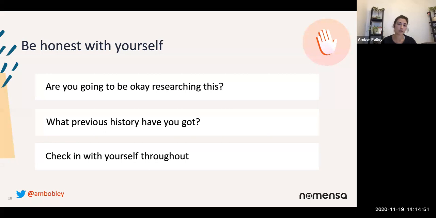And this you need to be doing throughout. So it's not just about when you're planning, checking in immediately, okay, we're going to be talking about something around something that's illegal or violence, and checking you're okay at the beginning. You need to be checking in throughout, which is what we're going to be talking about as we go through.